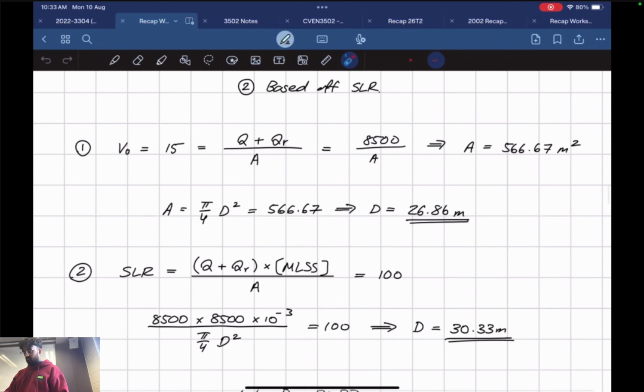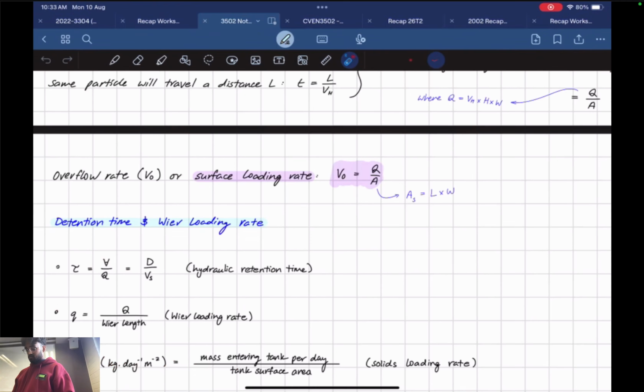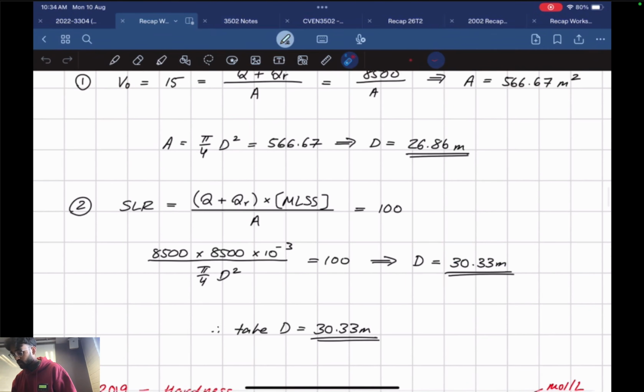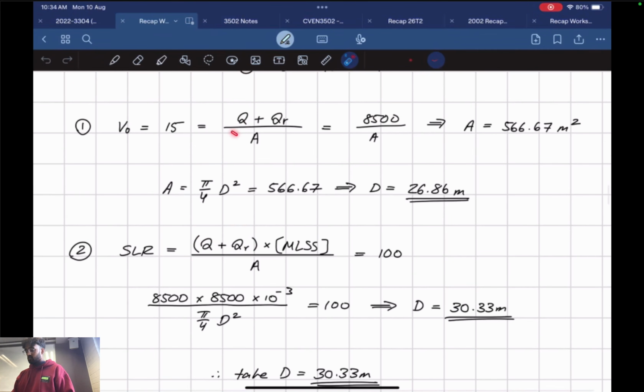So SLR, let me go back to my notes. Mass entering the tank per day. So to figure out mass, we've talked about this in the last question. It's just going to be Q times C. Q being our flow, C being our concentration. They've actually given us both the concentration and the flow. So going back, our total flow is going to be Q plus QR, similar to what we did up here. And I've drawn a square bracket here to stand for concentration. It's the concentration of the MLSS,